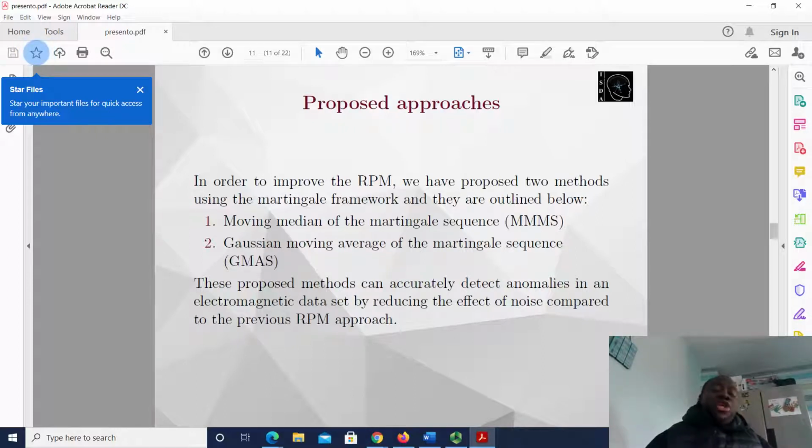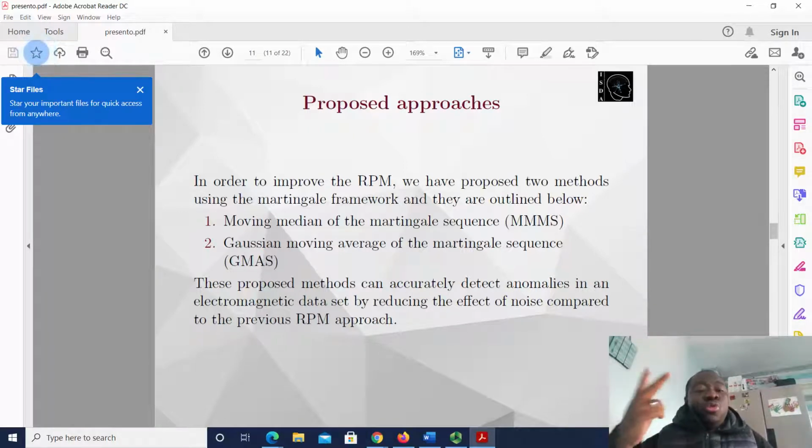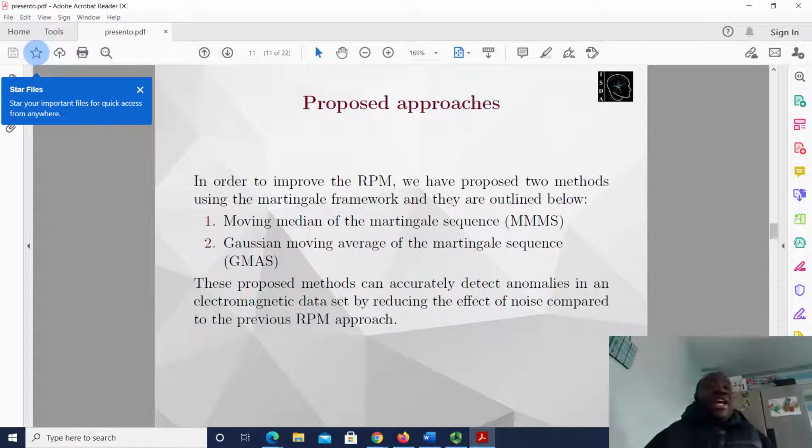Our approach is really to improve the randomized martingale. In order to improve this randomized martingale, we'll propose two methods known as the moving median of the martingale sequence and the Gaussian moving average of the martingale sequence. This proposed method can accurately identify abnormalities in electromagnetic datasets, and this is achieved by reducing the effect of noise